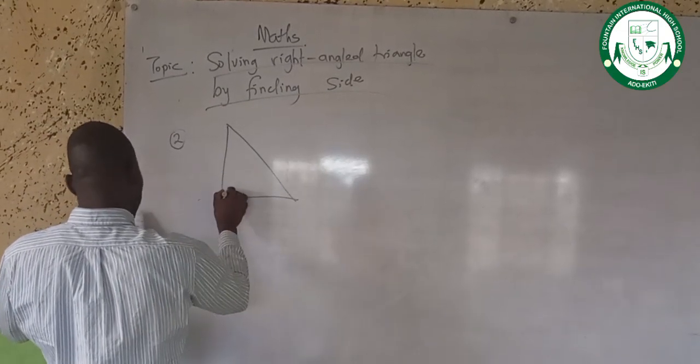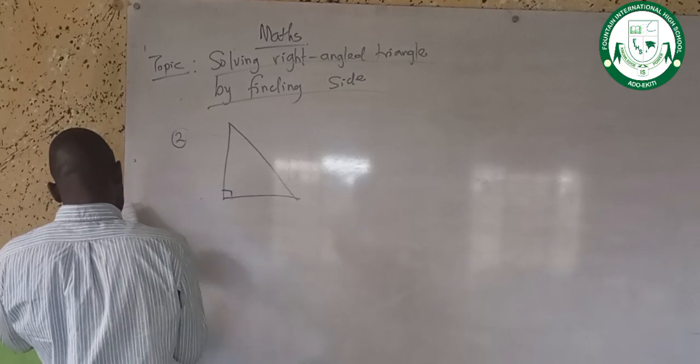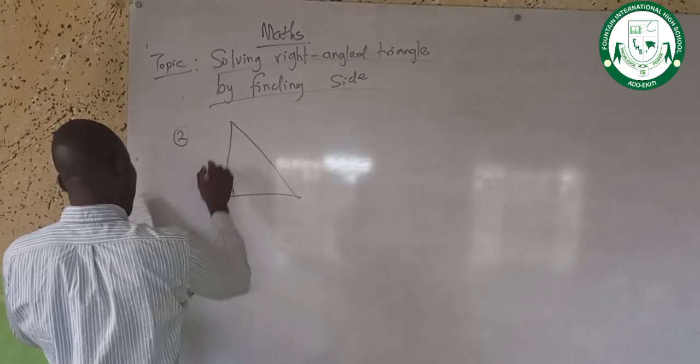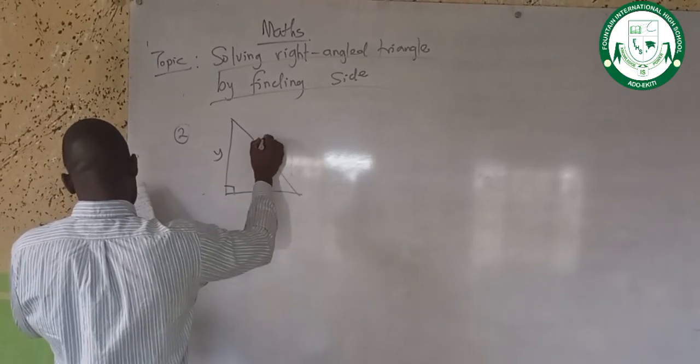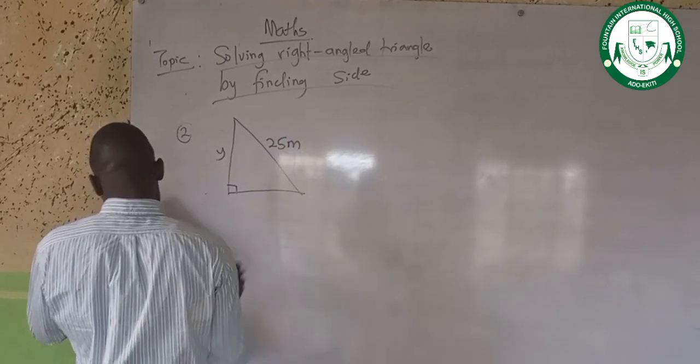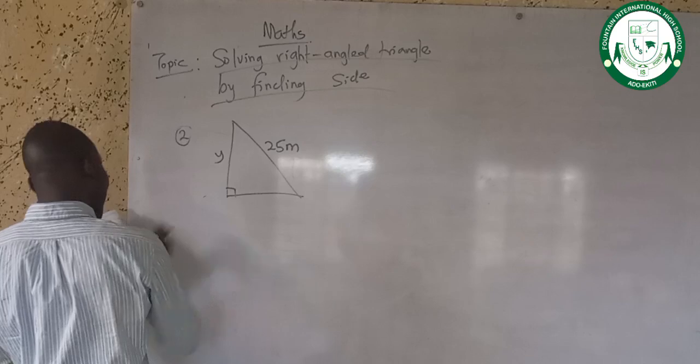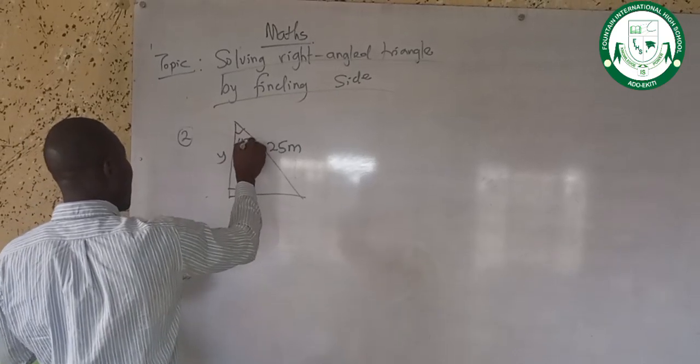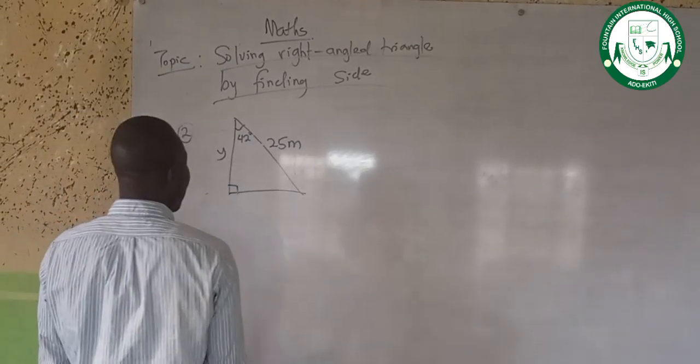This is our angle, 90 degrees. Angle 90 degrees there. And at the same time, we are having our y here. We are having our 25 meters. While the other side there, we are having 42 degrees. Now, if you look at this place very well,